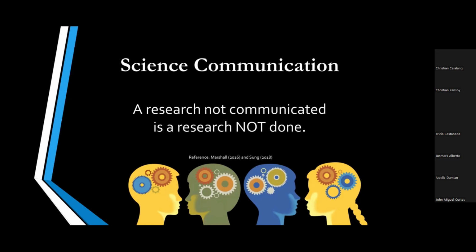Kasi yung research mo should have an implication. There should be a particular group or target audience na pwede mong pagbigyan nito. It could be policymakers, it could be the fellow foresters kung saan ka nag-intern, for example, kung saan ka nag-OJT, or kung saan ka nagkaroon ng case study. Pwedeng dun sa DENR or the LGU, kung saan pwede nilang maintindihan kung ano nga ba yung sense of what you did. So yun yung sinasabi natin na a research not communicated is a research not done.